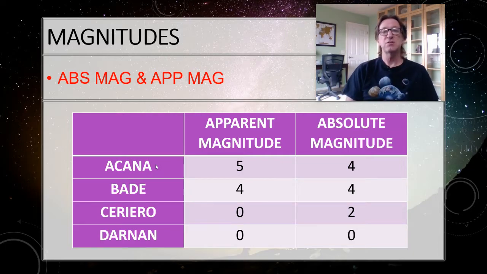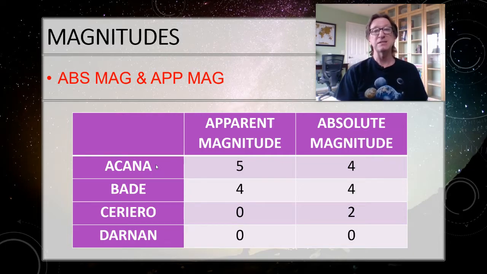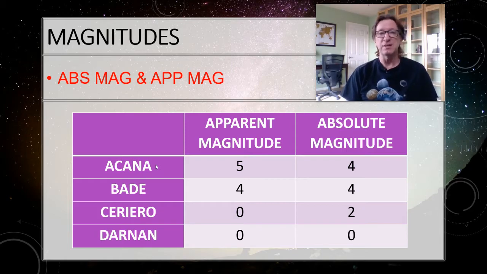The dimmest star that you can see with your naked eye is about sixth magnitude. Now to do that, you've got to have perfect vision and absolutely dark skies to see a sixth magnitude star. So for most of us, that's just not going to happen. Here in Phoenix with the city lights, you might get second or at best third magnitude from that.